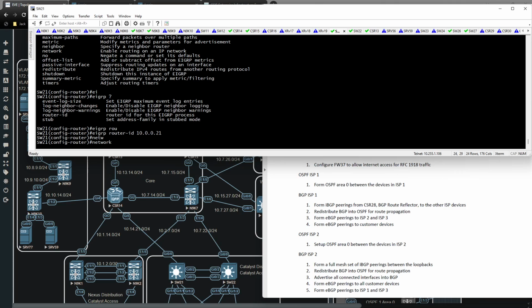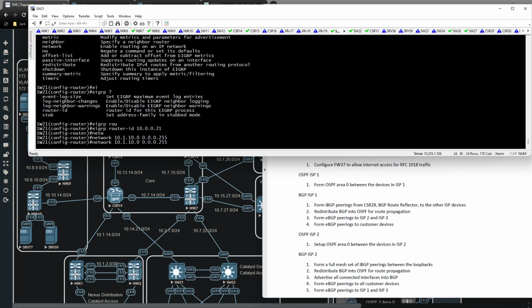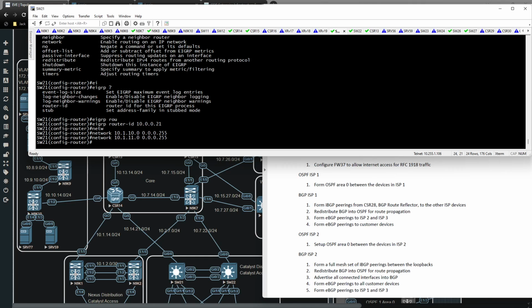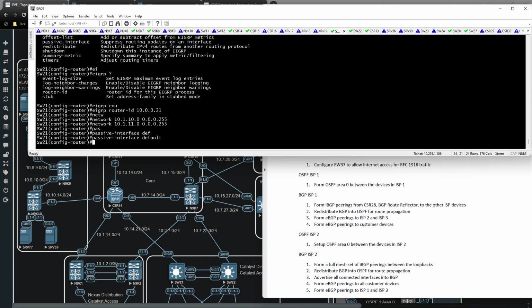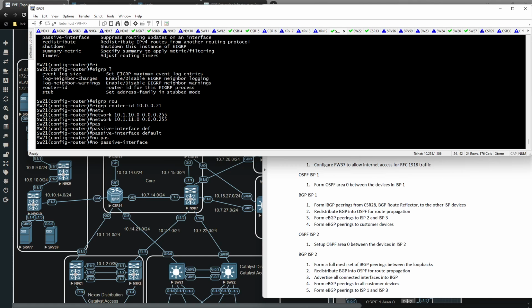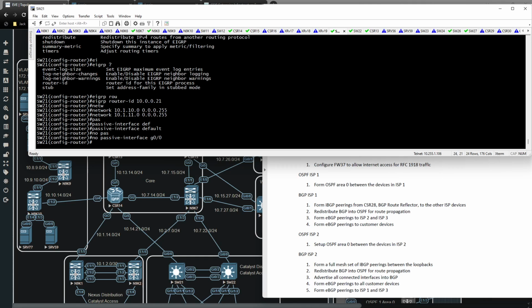In this case here, it's going to be 10.1.10.0, 0.0.0.255, and then 11.255. And I'm going to type in passive interface default. So they all go passive for what we need, and I'm going to say no passive interface gig 0/0. So what that basically is saying is I want to enable EIGRP here between switch 21 and CSR